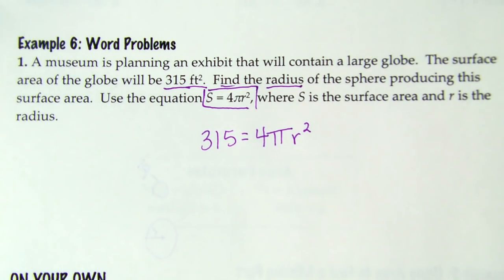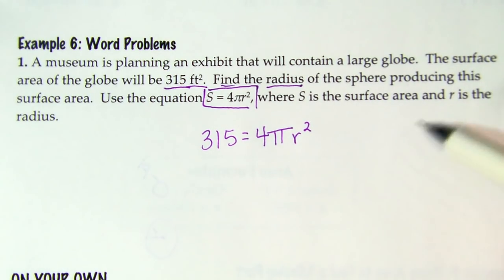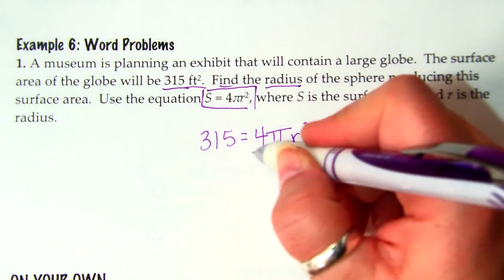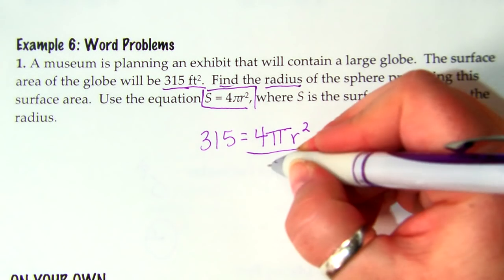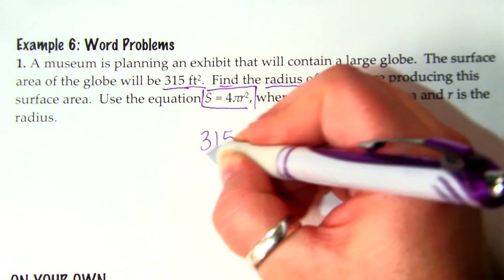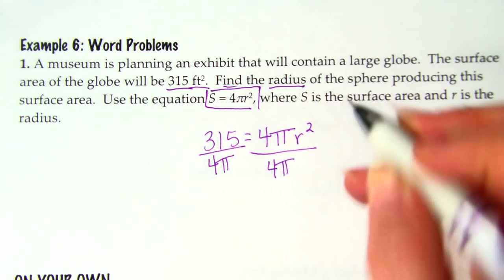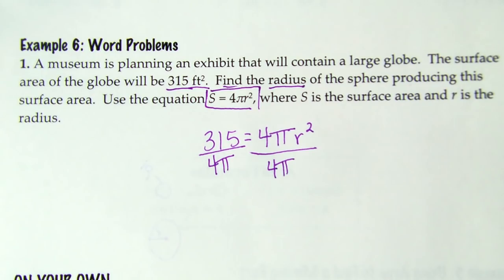We need to get R by itself, so in order to do that, I need to divide by 4, and I also need to divide by pi. So you can do that all at once if you want to. You could do that in 2 separate steps if that's easier for you. So in your calculator, do 315 divided by 4. Go ahead and hit equals, and it should say 78.75. And then we're going to divide that by pi. And now you should get